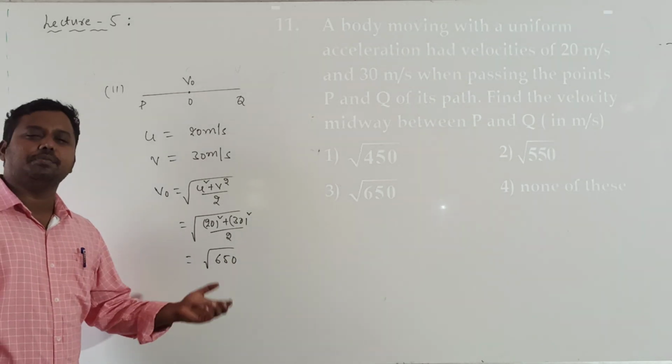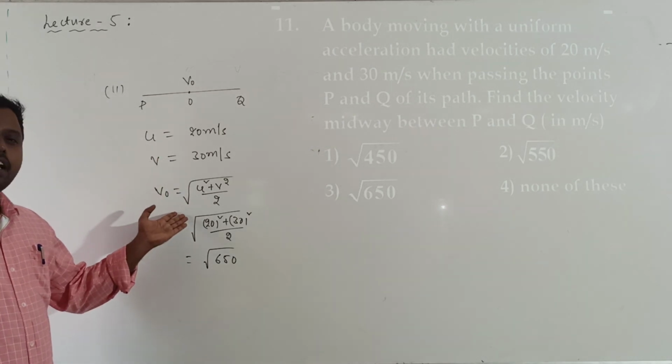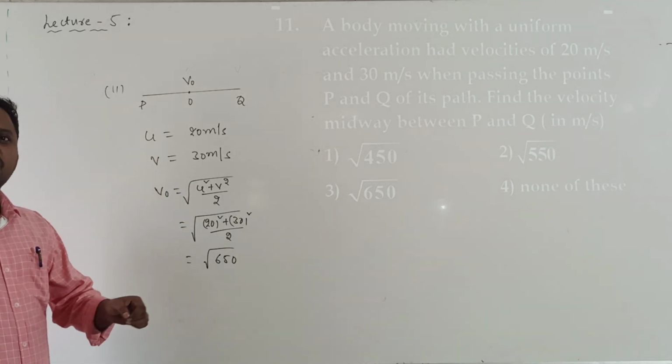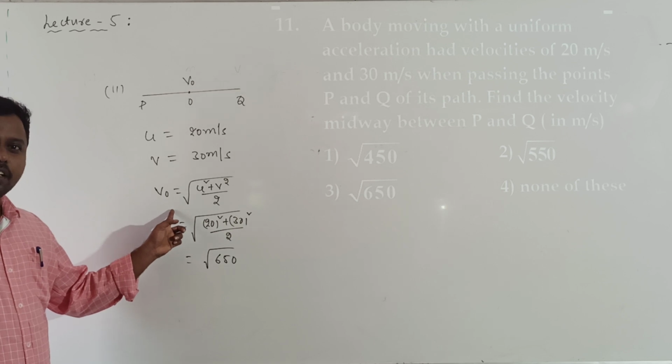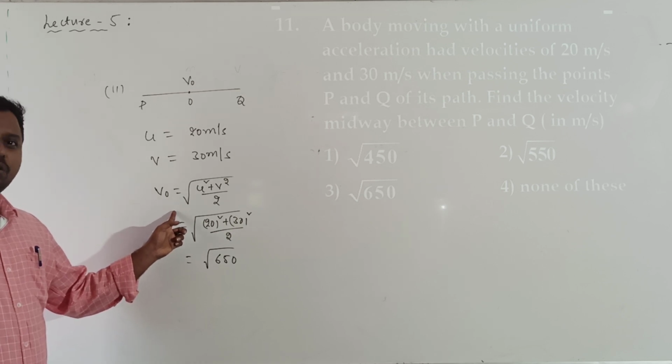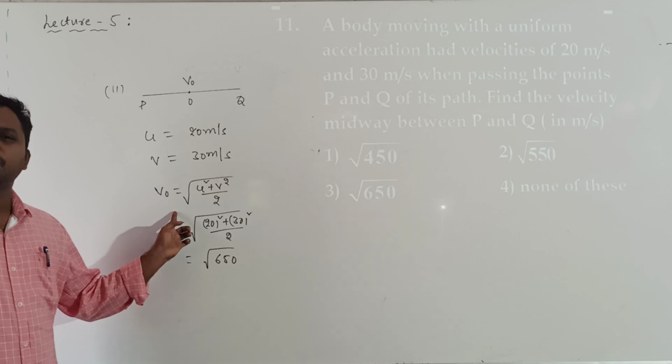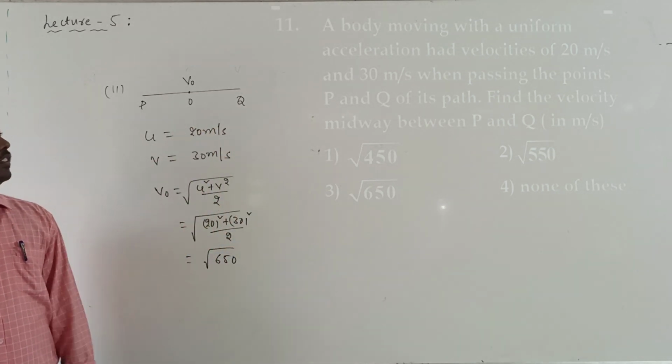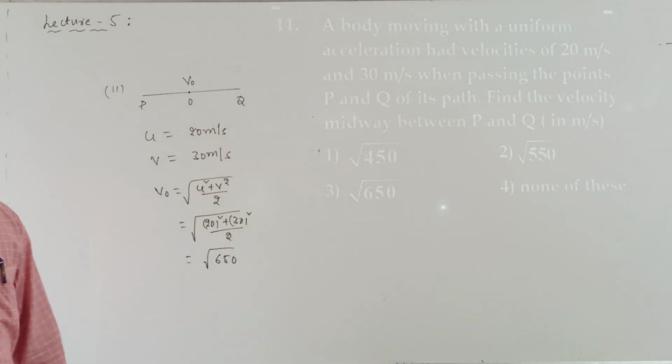That is the use of the synopsis. When we discuss the synopsis, there is no need to derive it again here; we can directly use the formula. So you should know that. The required formula is there, and that is the use of the synopsis. When you go through the synopsis clearly, it is very easy to do numericals. So this is question number 11. We'll go to the next question.